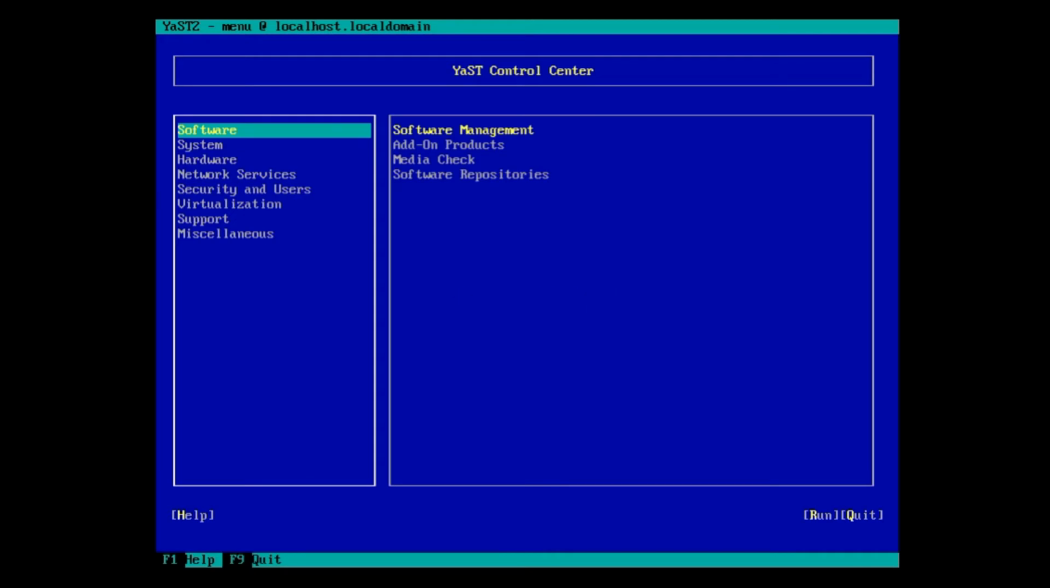In order to do that, just type sudo yast2 and hit enter. Type your root password or superuser password. So this is